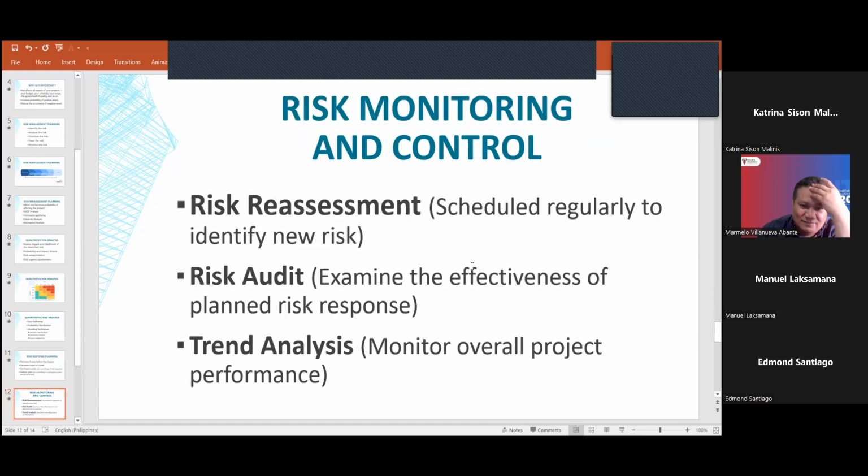Okay? So in terms of risk monitoring and control naman, we have the risk reassessment,